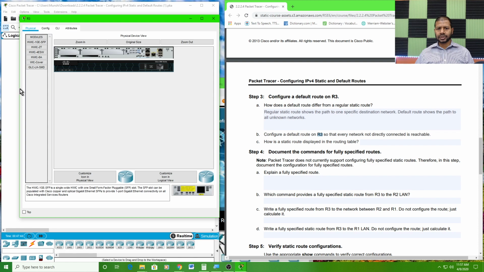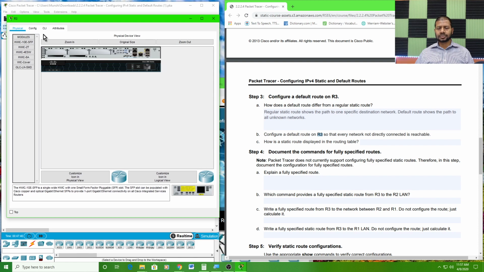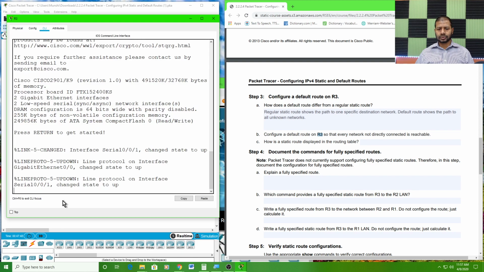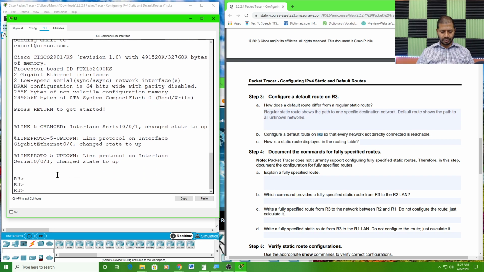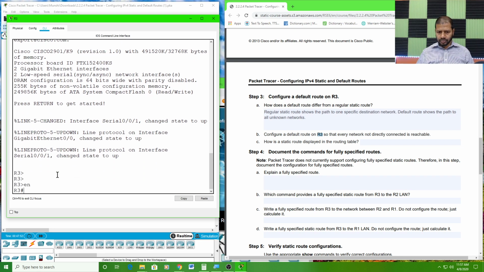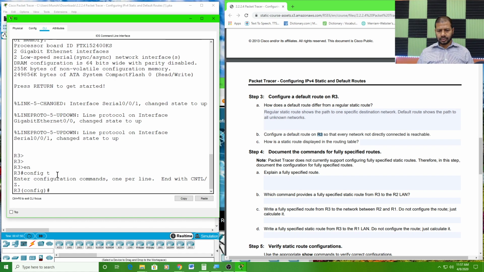So since I'm going to do a default route, I don't need to specify a particular route. Here I am, R3, enable, config T. I'm in the global config mode. So I'm going to type, this is how I do a default route. IP route 0.0.0.0 space 0.0.0.0 space. Okay,